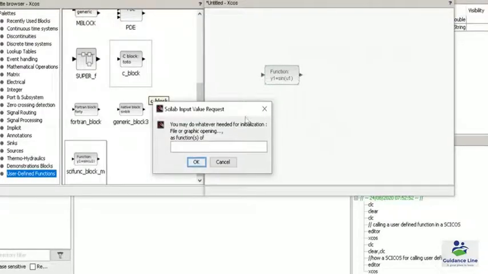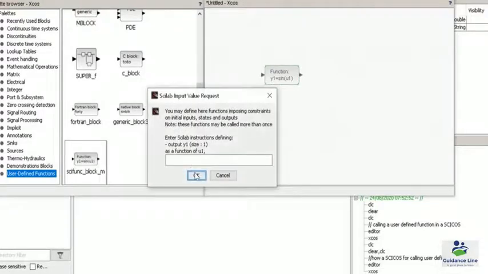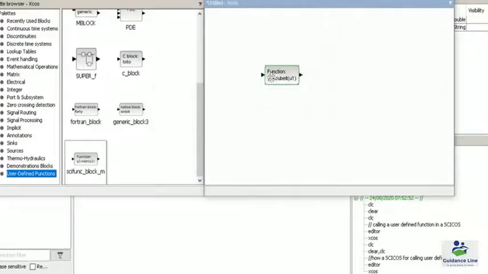And then we have these types of windows in which I have to simply click on OK. So you can see the changes we have made are now visible in this particular block. Now we are providing some input.